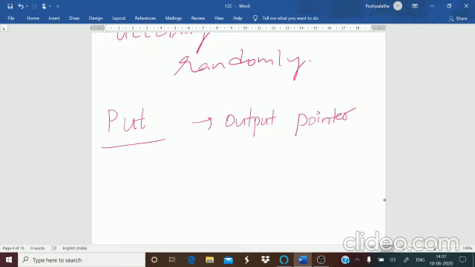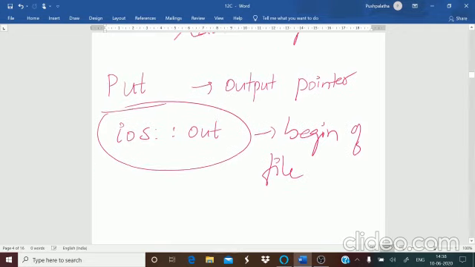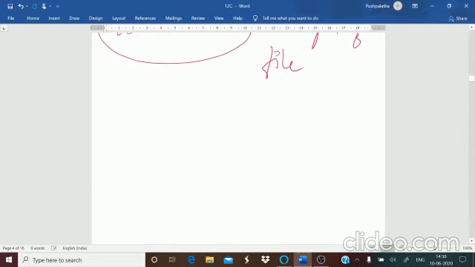It will position automatically depending upon the type of mode that you use. If you are opening a file in ios out mode, then it is automatically positioned at the beginning of the file, where you are going to start.